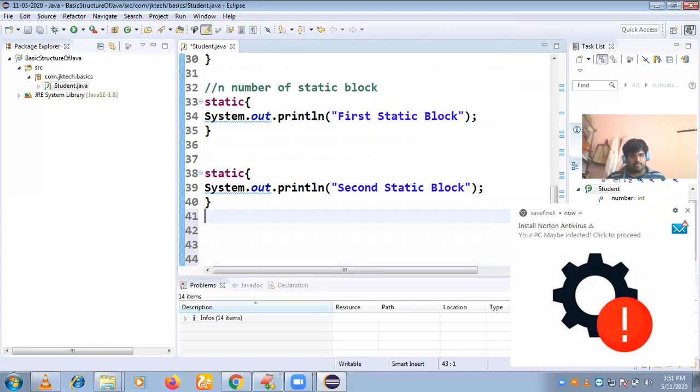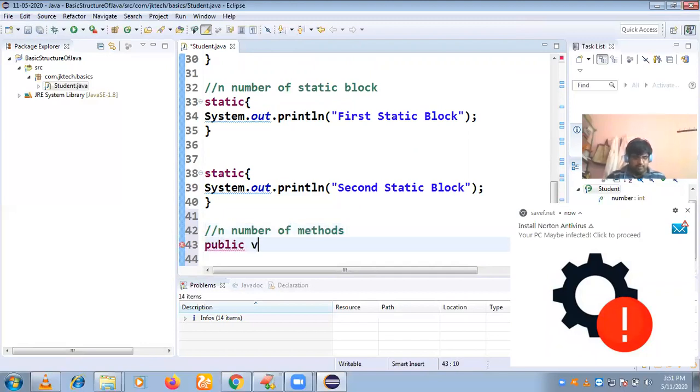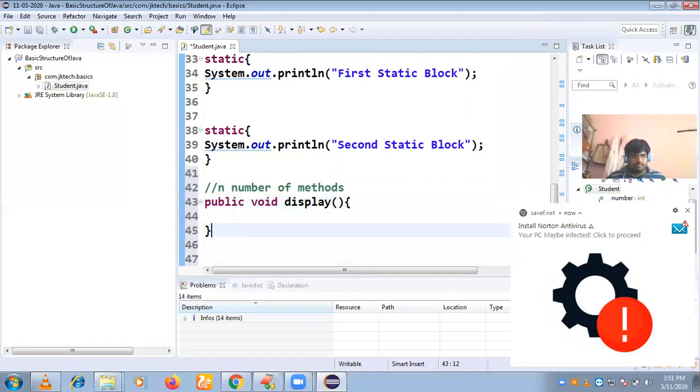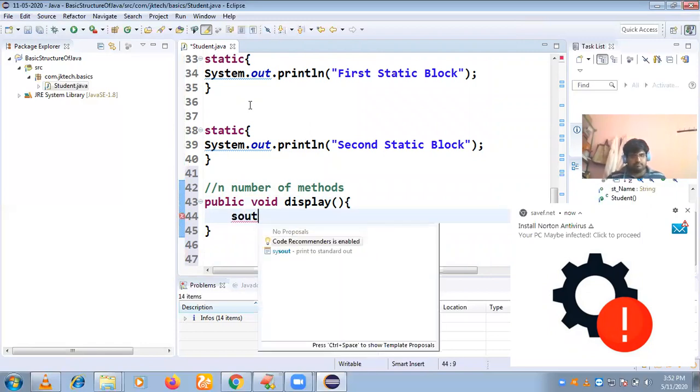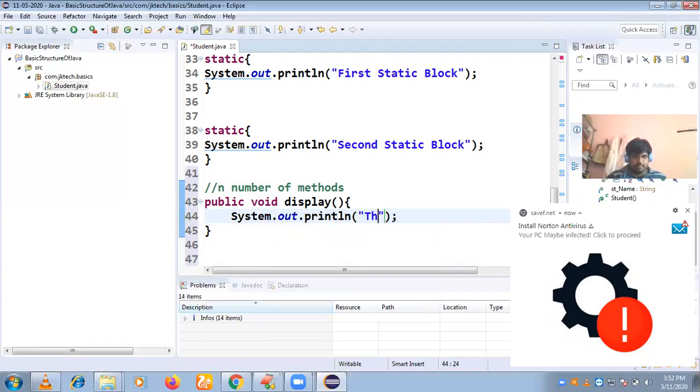So how many methods can this class be allowed? Each class can have n number of methods. So public void, this is the display method.